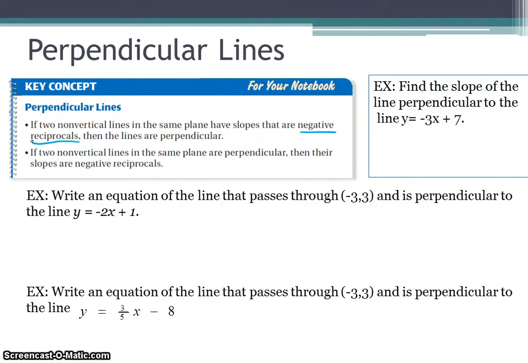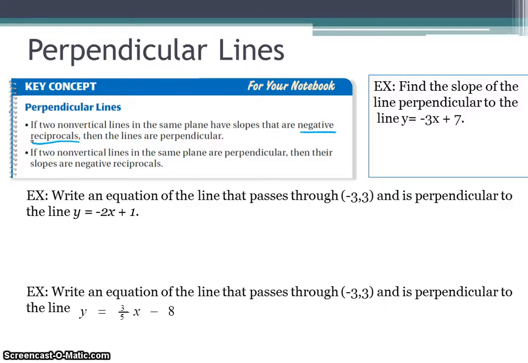Yep. Say that with me, Miss Hygra. Opposite sign. Good job. So the reciprocals, as you know from elementary, means that you are going to flip it. So if I told you 1/2, you would say 2. Very good. If I wanted the negative reciprocal of, let's say, negative 2/3, what would you